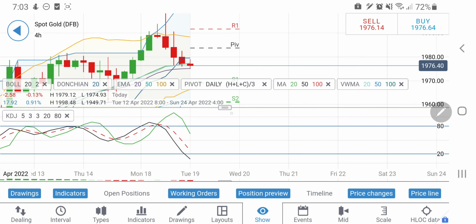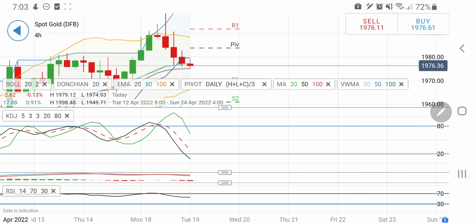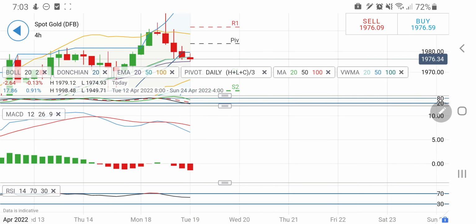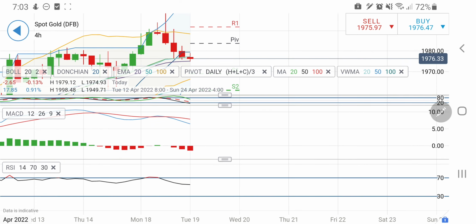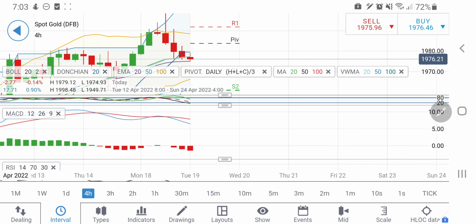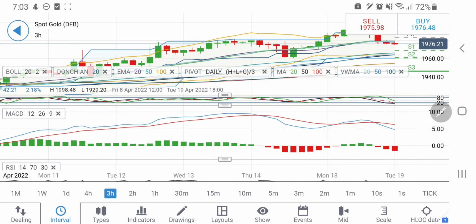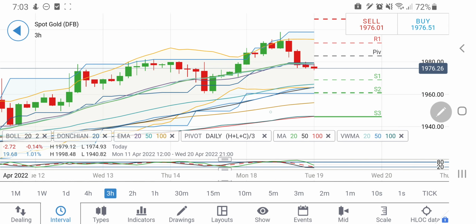Till the time it is above 1975, I will not recommend you to short. Now look at this. Yes, stochastic is oversold. MACD is wide divergent and still on the sell side, and RSI is in the comfort zone. Remember, I told you the same thing, that it is trading overbought and hence a little drop is required. That is what it is trying to do.